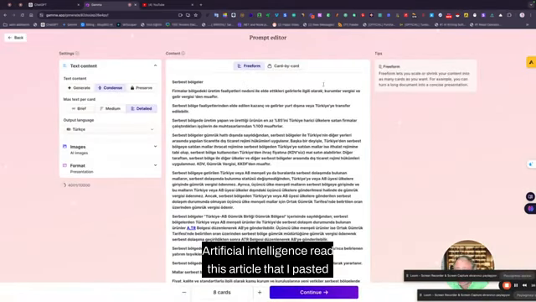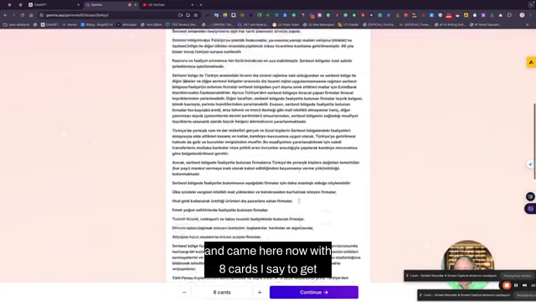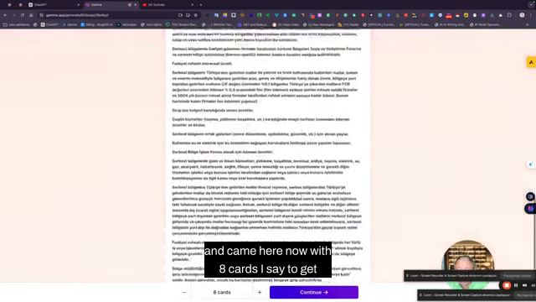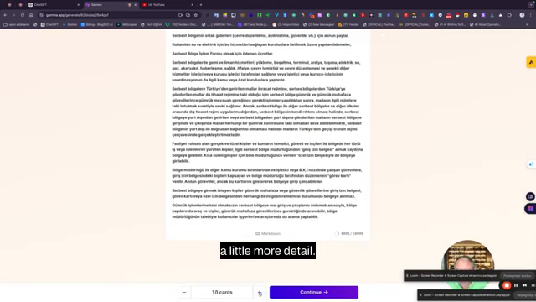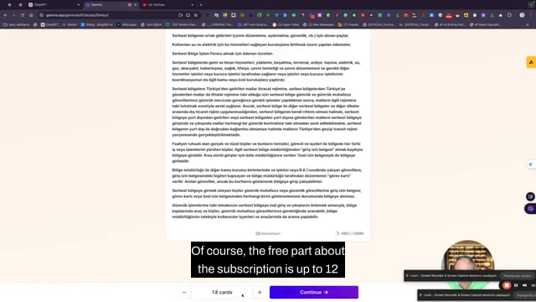Artificial intelligence read this article that I pasted and came here now with 8 cards. I say, to get a little more detail, I increased it to 18 cards. Of course, the free part about the subscription is up to 12 cards, and after subscribing you can do up to 30 cards.